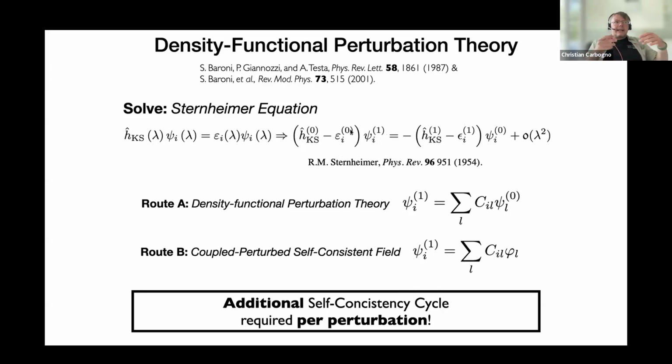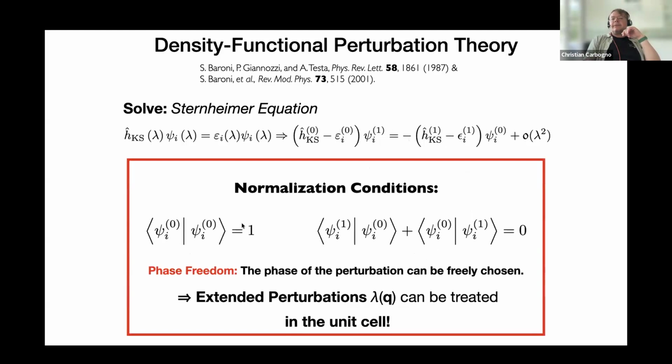So in practice, what this means, you first have to run your standard DFT calculation. From this DFT calculation, you get your equilibrium properties here. And using them, you can then run a second self-consistent field run that gives you the perturbation. One important thing here is that you also get a normalization condition both for your original wave function as we know it, but then a second one for your actual response.